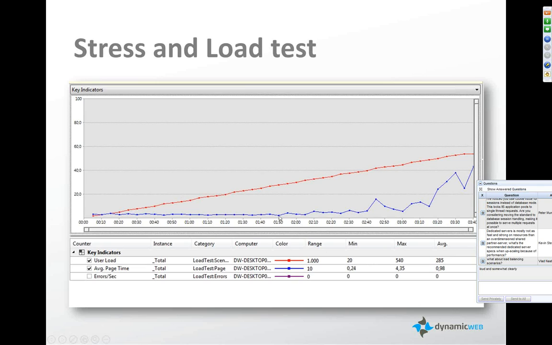So it's around 0.2 seconds to execute a page, as we can see down here. And this is the amount of users. We have to times this by 10. So 200 concurrent users will give this execution time. 400 concurrent users will give this execution time, and then we start to see some performance problems in